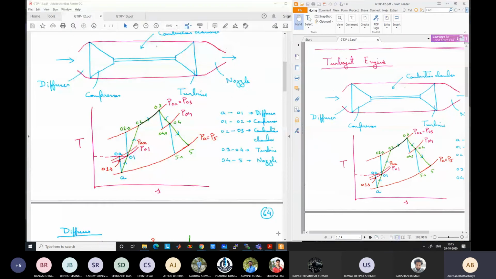Now I can devise a problem in different ways where these are unknown and something else is known, but in a typical design process, these will be the known parameters. Obviously, when I am designing a problem for an exam, I can make these things unknown and something else known. For example, I can make the efficiency unknown and all these parameters known, and you have to calculate the efficiency. But in real life, the efficiencies also will be known. All the efficiencies, compressor efficiency, diffuser efficiency, turbine efficiency and nozzle efficiency, will be known to us.